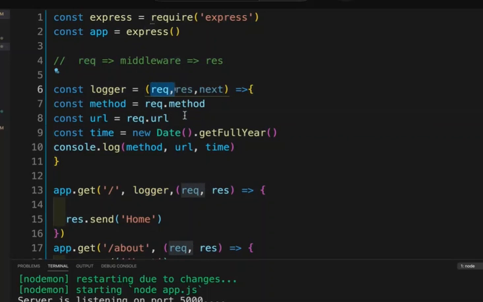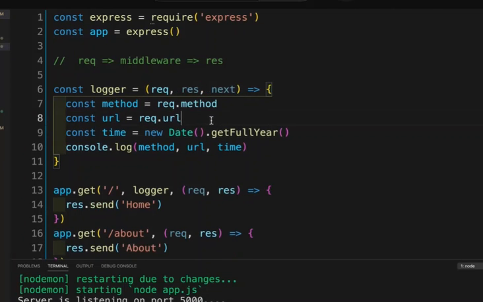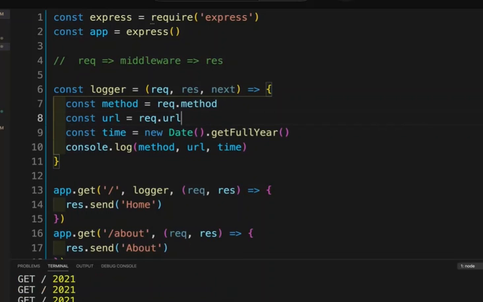So again, we don't have to do anything. We just pass here the middleware. Express supplies them. But of course, it's our job to access them as parameters and then set up our logic. So for the time being, I'm not going to do anything with next. I will save